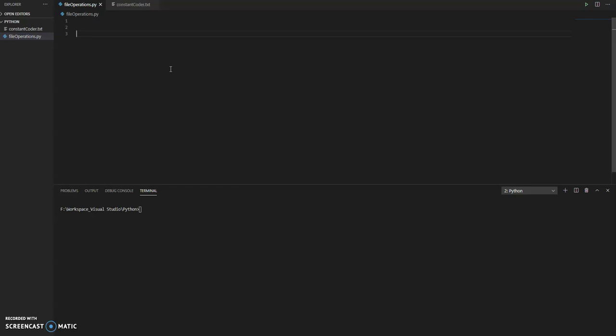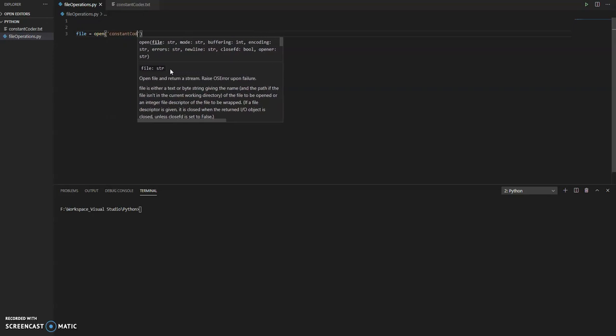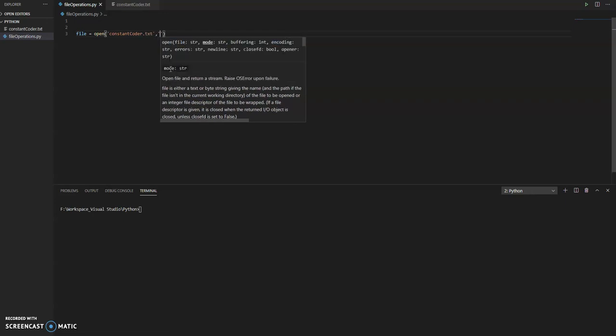For this, let me just go ahead and create a file object which looks something like file, and I'll call this inbuilt function open. When we are calling this open, it definitely expects the file which you want to read, right? So I'll just pass this as constant coder.txt, and it also needs which mode we want to read the file, or which actions